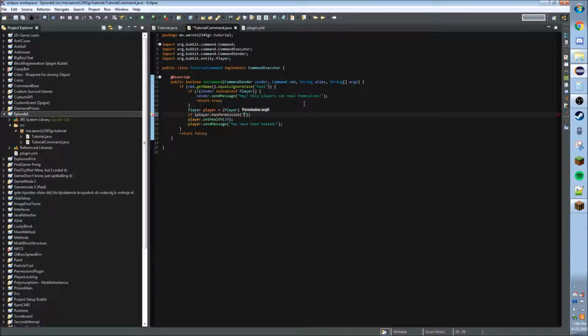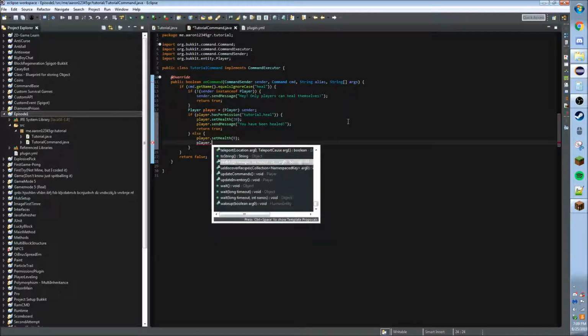permission, let's say tutorial.heal. Let's say I created this, and I was like, hey, so they can only do this when I have that, and I return true. And I do, hey, otherwise, player.setHealth to 0, player dot, let's say,